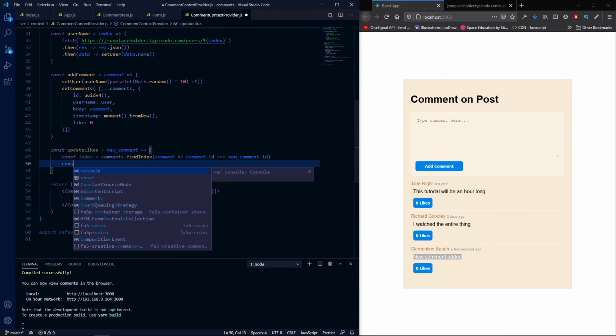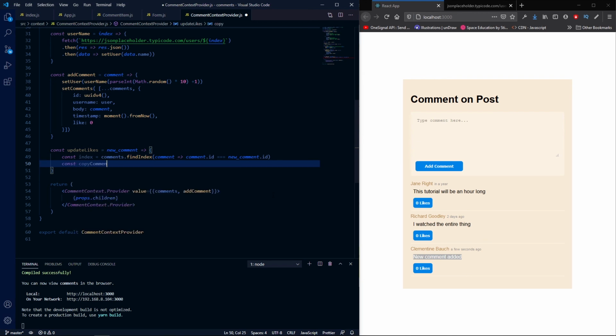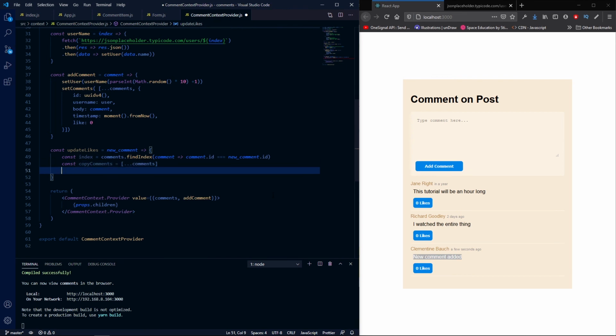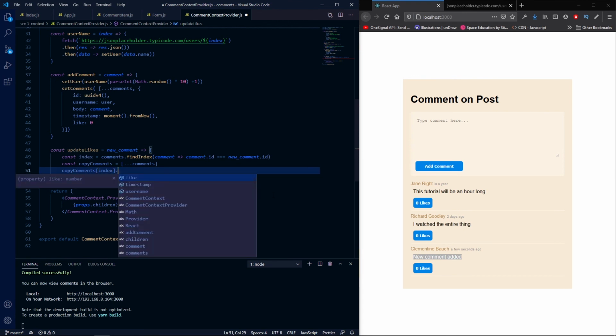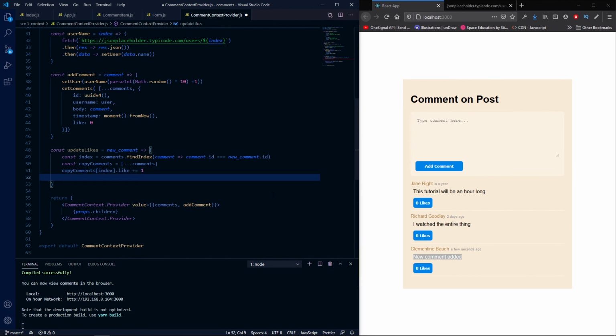Secondly, I'm going to say const copyComments. All this is going to be is just a copy of the current array of comments, and once that is copied, I'm going to say copyComments at the current index .like is equal to, actually plus equal to 1. So I'm updating that like over there, and once that is done, I'm going to go ahead and say